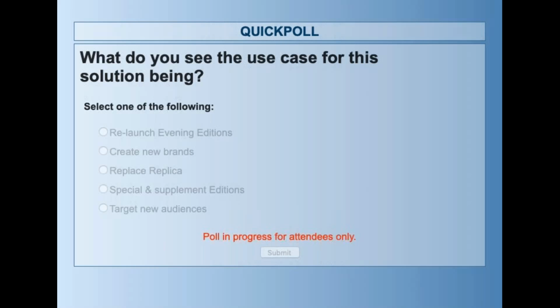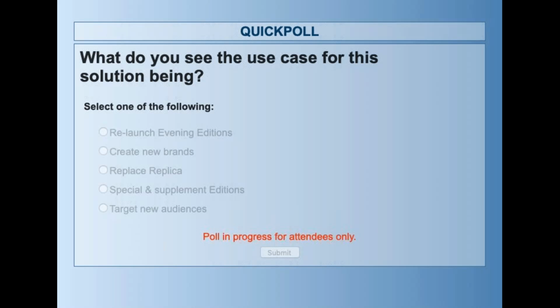Okay, great. So the polls seem to be working again now. So we're just going to pop one of those up on screen. It'd be great if you could take part in that. We'll just give you a few minutes to do that. These are the 3 polls that we tried to launch earlier, but because of technical difficulties, we weren't able to. But if you're still here and you wouldn't mind answering this, it would be really, really useful for us